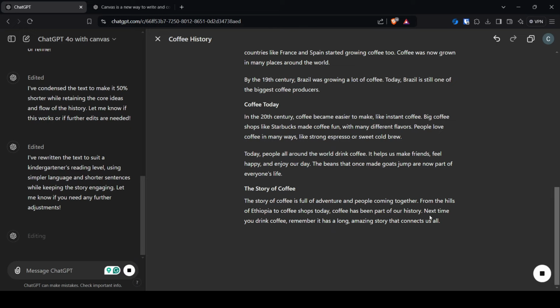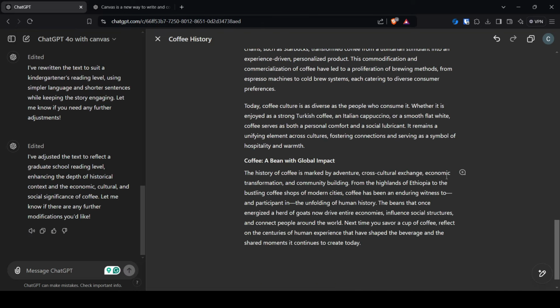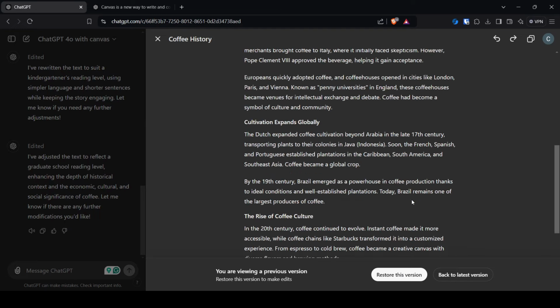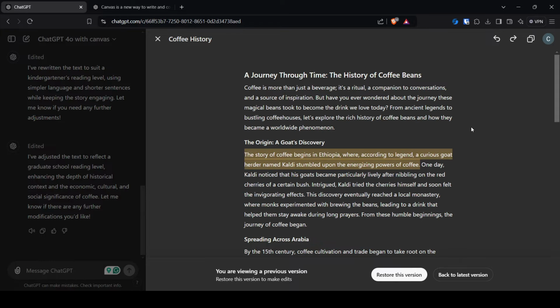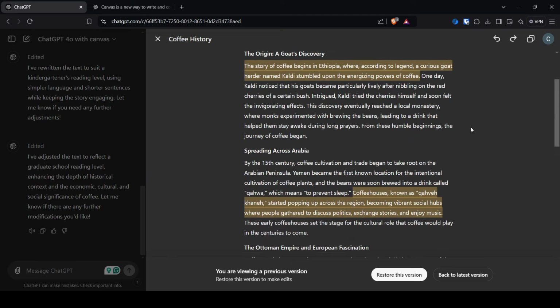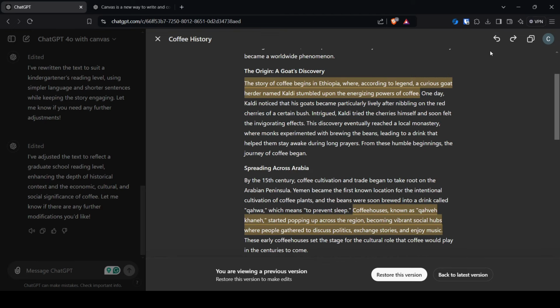Now ChatGPT transformed the article into graduate school level, and let's see the difference. Okay, it's not highlighting the difference, probably because all the text has been changed. This is our previous suggest edits action. So if it's a complete rewrite, then there's no point highlighting the difference because the difference is the entire text, right? So it makes sense.